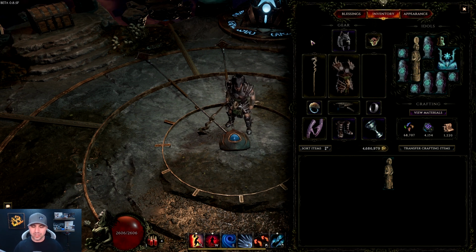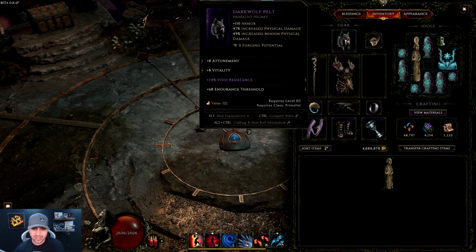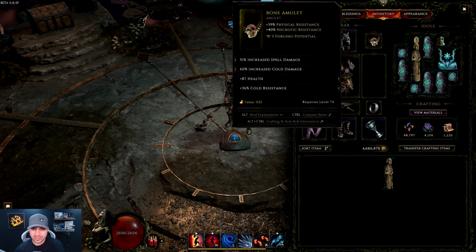Now, moving over to gear. No legendaries, no uniques, no sets are required for this. I honestly am extremely surprised how well and how good this build is with its current gear requirement, which is next to none. I'm going to go through each item one by one, starting with Helmet, Attunement, Vitality,